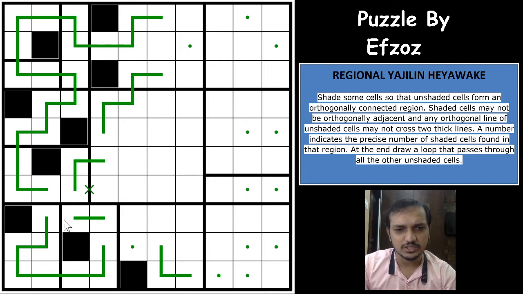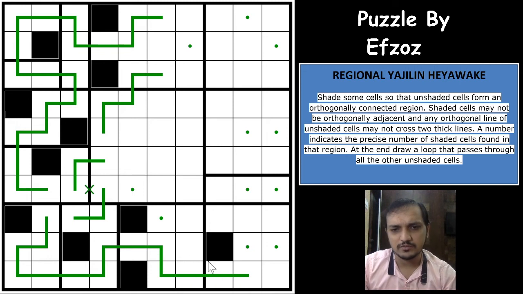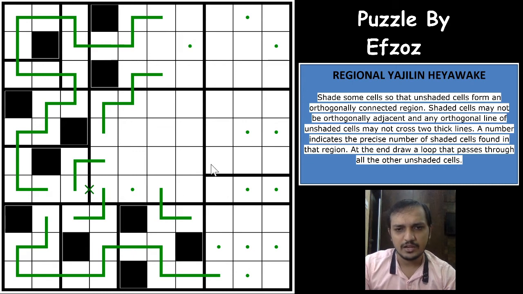This cell would have to be a shaded cell because of crossing more than two thick borders. So this goes up this way, this comes this way, right, again. Okay, and this is also unshaded. And I can say now this cell cannot be a shaded cell, because then you'll have this way and this cell gets stranded here. So this cell would have to be a shaded cell, goes this way, comes out this way. Okay, and we know that one of these three cells will have to be a shaded cell again, because the same logic here.